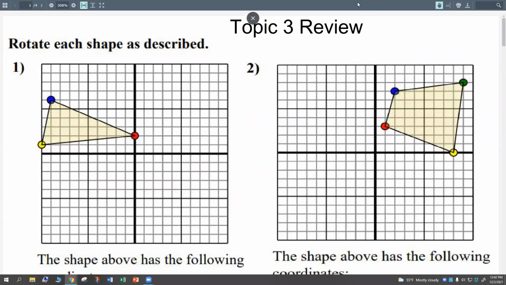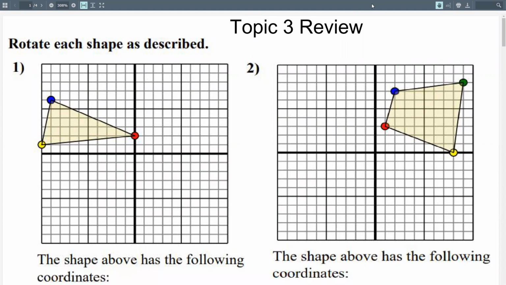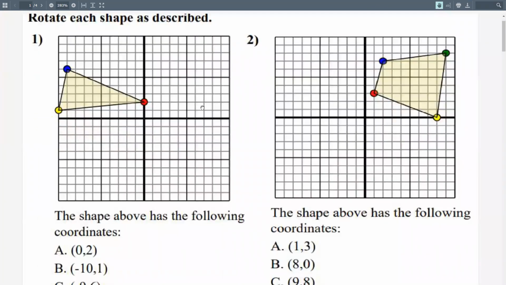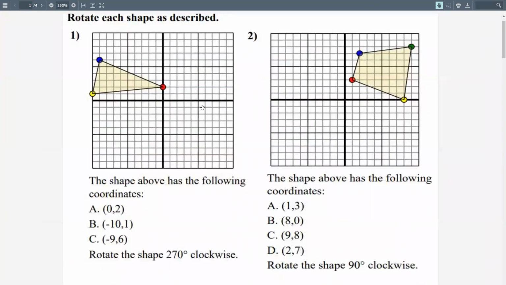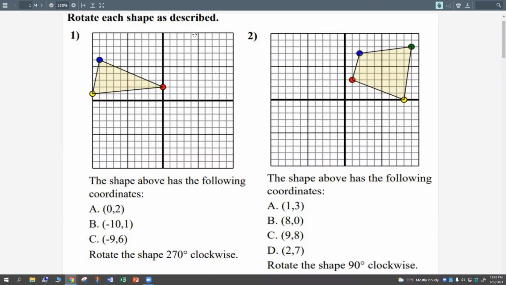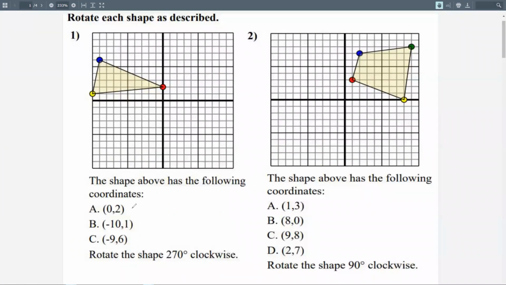All right, this is the topic 3 review. So we're a little too far zoomed in here. Okay, so number 1, we want to rotate the shape 270 degrees clockwise. So the first thing we're going to do